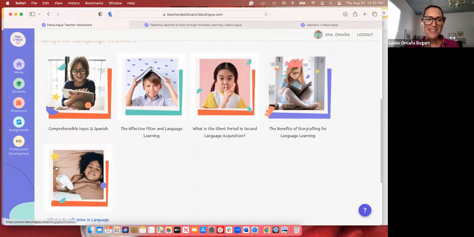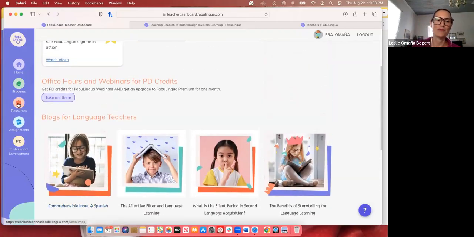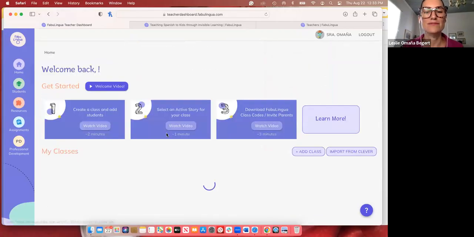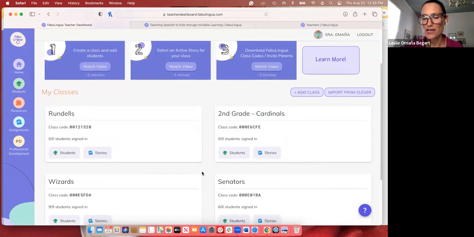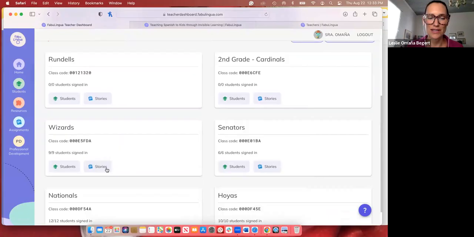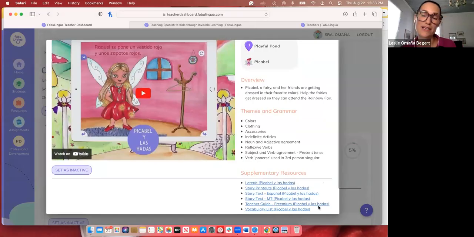Now, I wanted to go into the next goodie, which is resources. So you saw a little bit of the resources that were available for the free teacher dashboard when you click into stories, and then you would double click there. These are the free teacher dashboard resources.